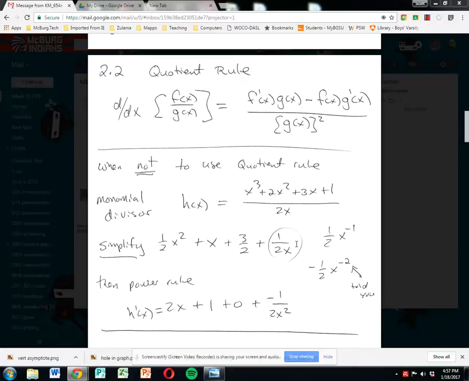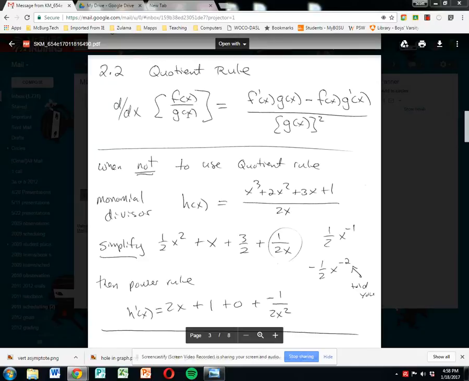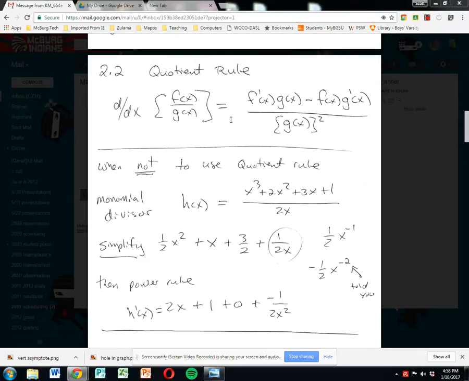Okay, quotient rule. If we've got a function divided by another function, sometimes these are known as rational functions, depending on what's in the denominator. Okay, so let's talk about the functions here. If you've got one function divided by the other, the derivative is similar to the product rule in the fact